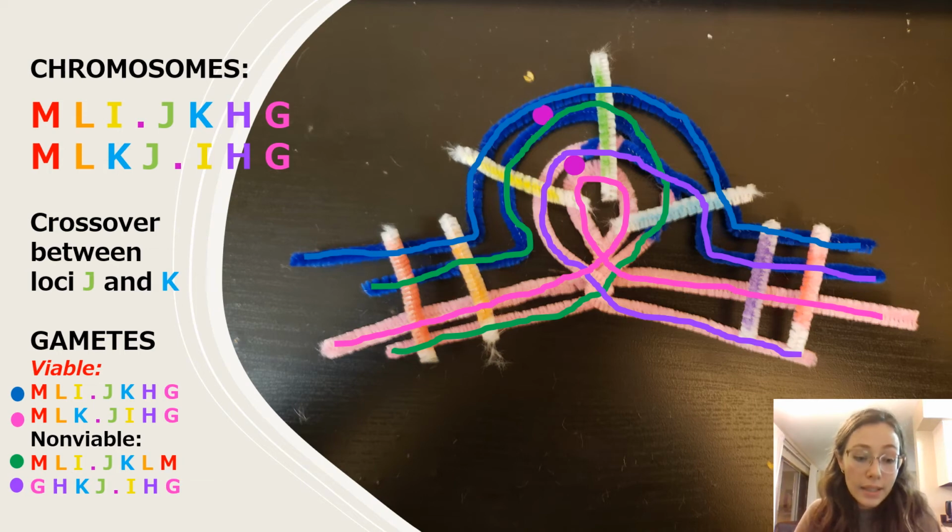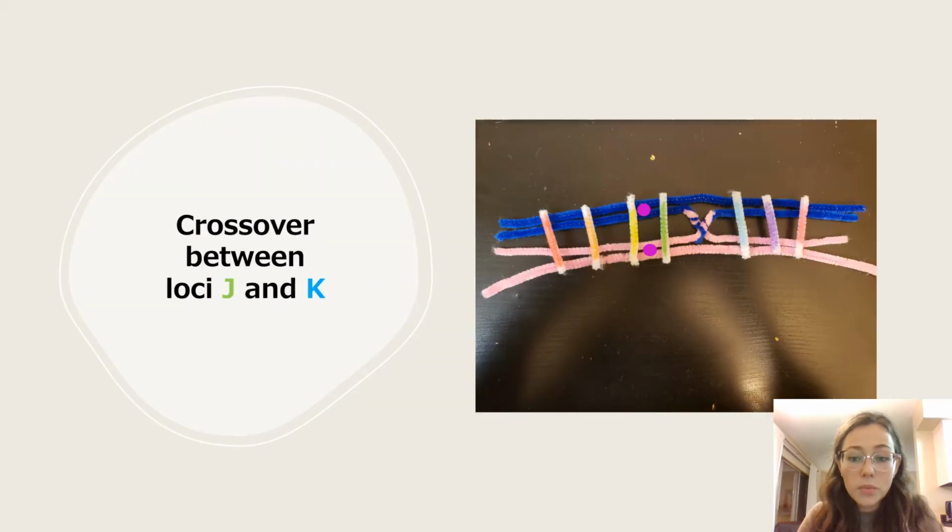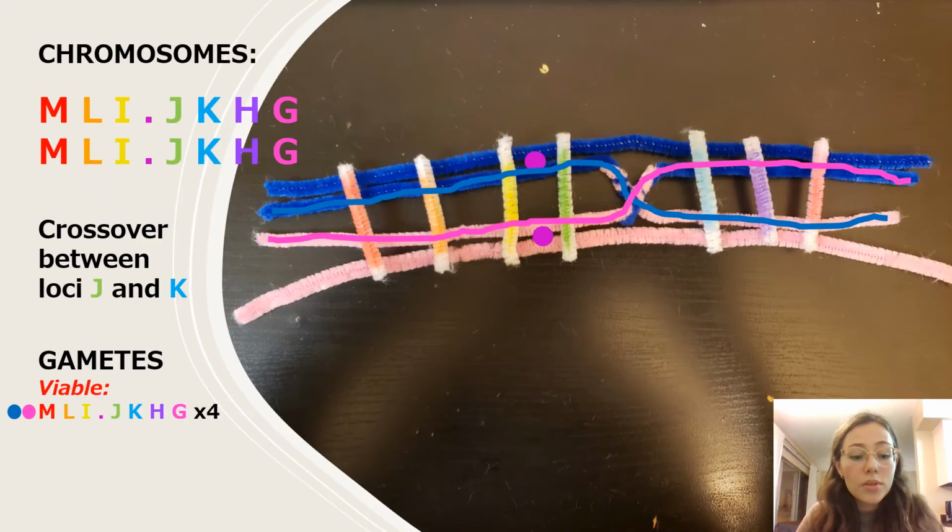So here are our second pair of chromosomes, and they're the same this time, so no compensation occurs. We have a crossover, and here both the loci and the centromeres are present this time, and this produces all viable gametes. Because there's no inversion and we just have completely homologous chromosomes and no differentiation of loci,